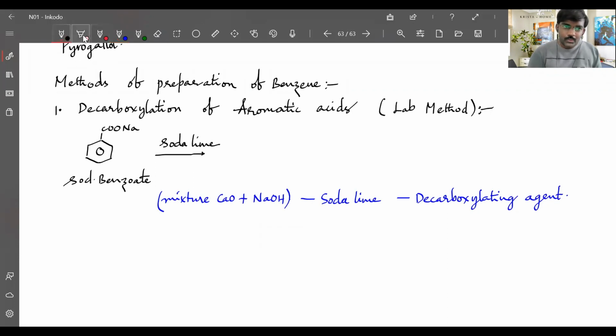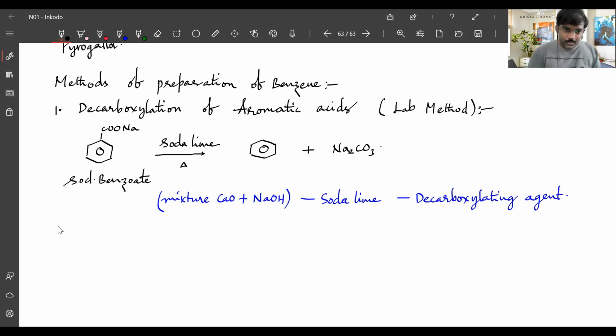Okay, so now for the final compound, we are going to heat the mixture, so that carbon dioxide comes out of the benzoic acid part, so it will become benzene, and that carbon dioxide will combine with the sodium hydroxide over there, so I'll be getting sodium carbonate in the solution. Okay, so this method conveniently we can do in the lab. Okay, lab method, that's what we are saying, right? So next, that is the first preparation method.